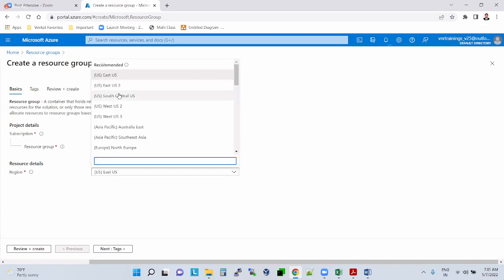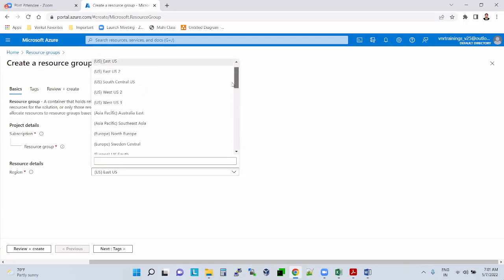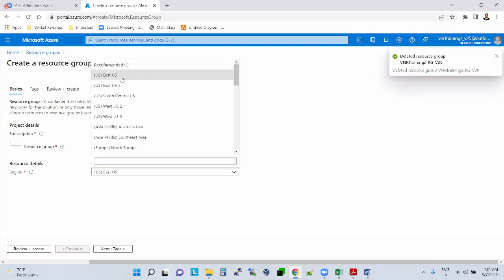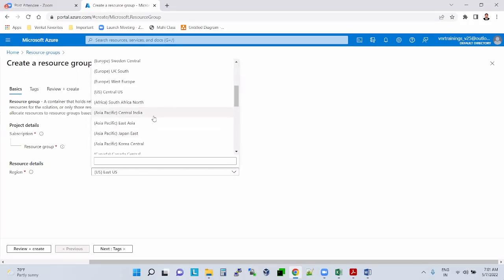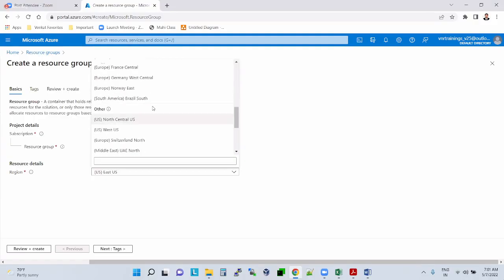Here these are the regions, guys. These are the places where Azure is providing its services. Azure has its data centers: East US, East US 2, South Central US, West US, Australia East, Southeast, Southeast Asia, North Europe, and you'll have South India also.